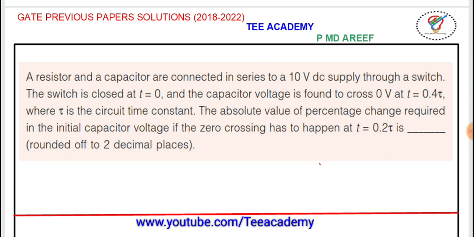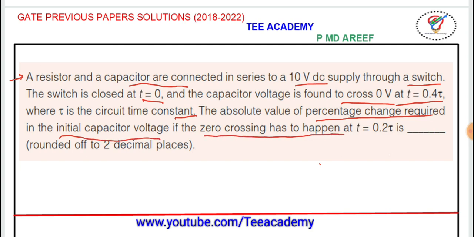That question is from the transients, and this question was asked in the previous year GATE 2020 question paper. A resistor and a capacitor are connected in series to a 10 volts DC supply through a switch. The switch is closed at t is equal to 0 and the capacitor voltage is found to cross 0 volts at t is equal to 0.4 tau, where tau is the circuit time constant. The absolute value of percentage change required in the initial capacitor voltage if the zero crossing has to happen